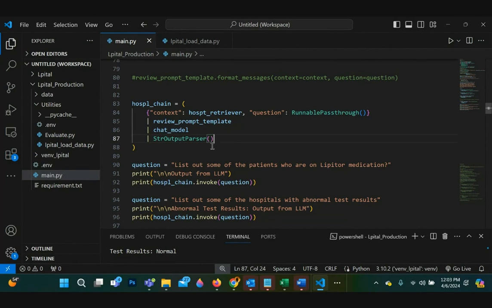Is it clear here? So just so I understand, it's basically, for lack of a better word, chaining the calls, right? So it's doing line 84 first, and then doing the review prompt template, then the model, and then doing the output. So basically similar to a pipeline in a way. A pipeline, a workflow, you can have different terms. Exactly. Okay, that's what it's doing here.